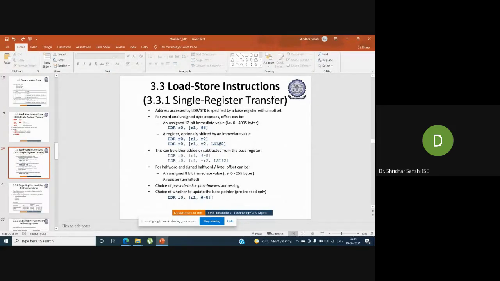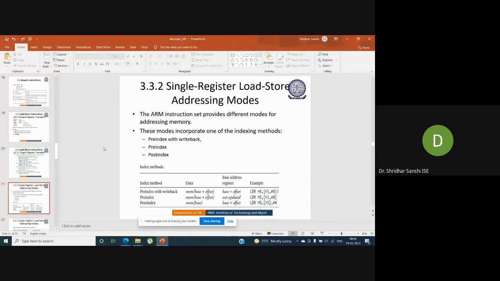Then I talked about addressing modes when we are talking about single registers. I have told three indexing modes. What are those indexing modes? One is pre-index with write back, then pre-indexed, and next one is post-indexed.